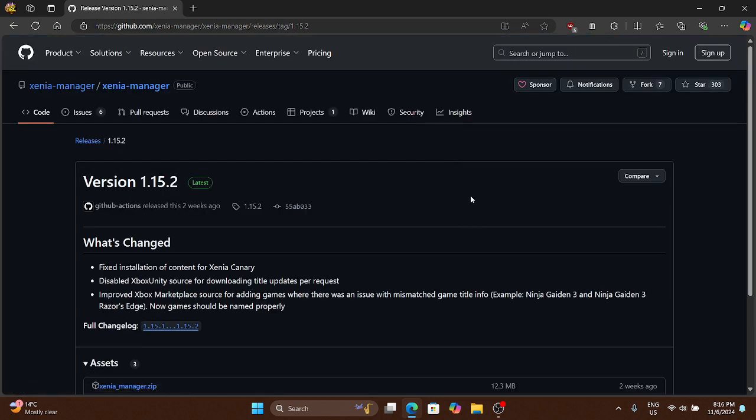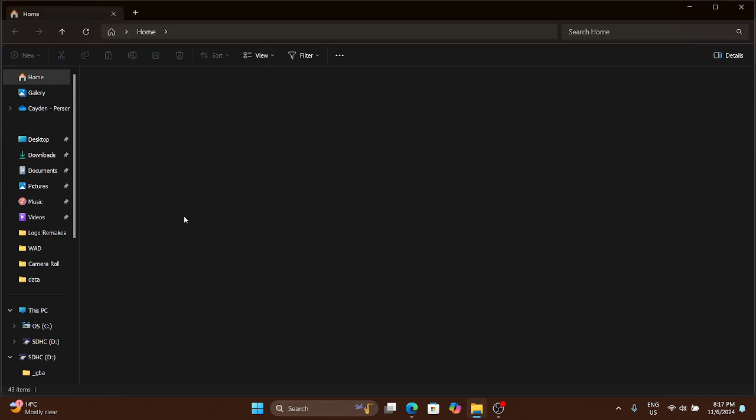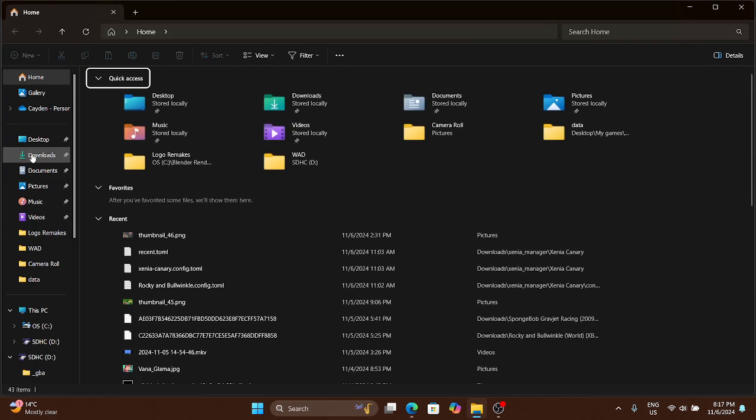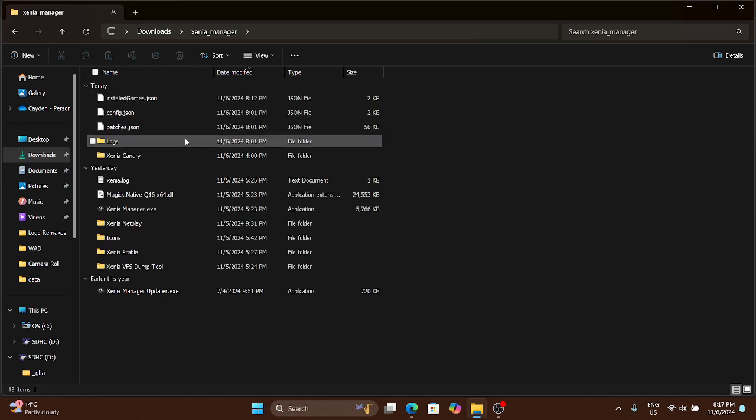You're going to want to go to the latest version, and download this zip file called xeniamanager.zip. After you download the file, extract it to any folder of your choice. I extracted it right here in Downloads. So when you have it extracted, you're going to want to click on xeniamanager.exe,